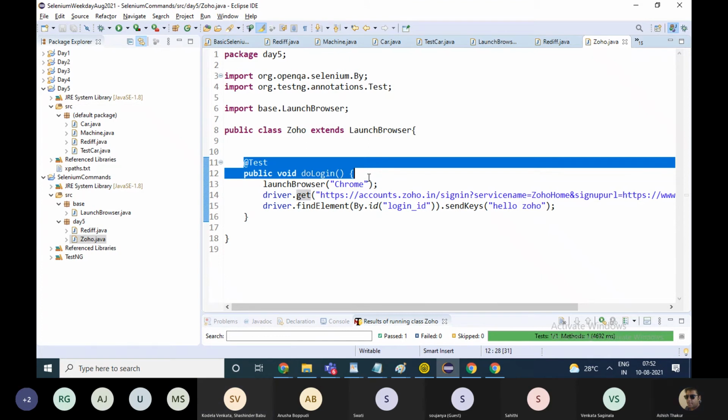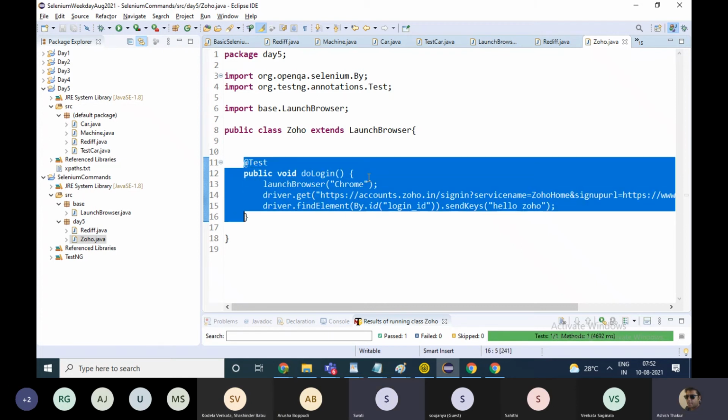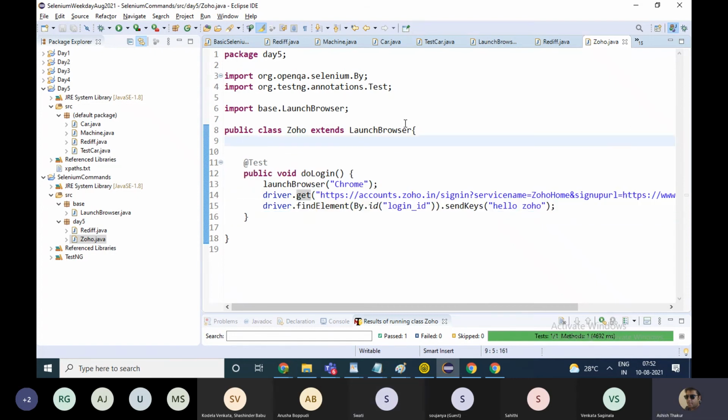So for example, suppose this is a real-time test case, a simple test in which you have to go and type something in the username field. There can be a lot of things over here. You would want to generate a report, which is an HTML report.